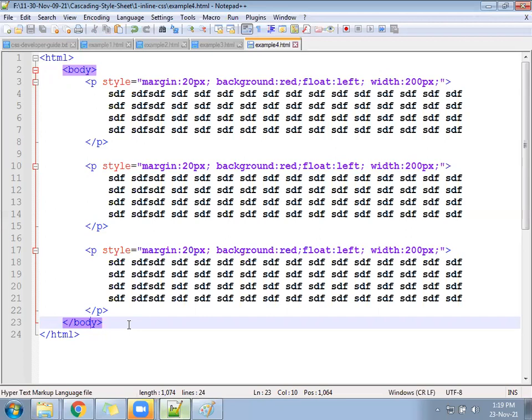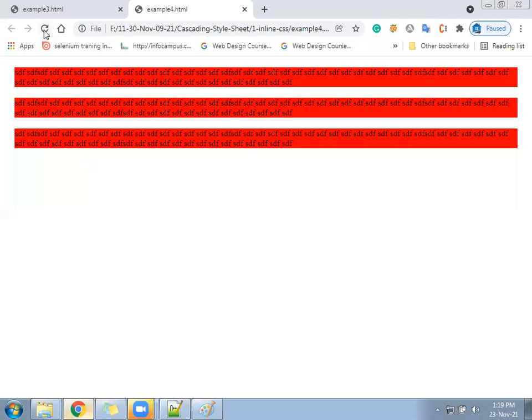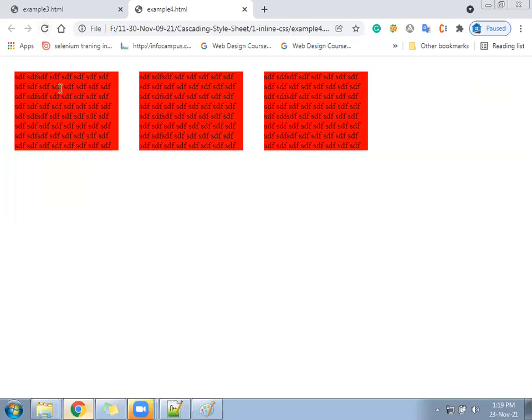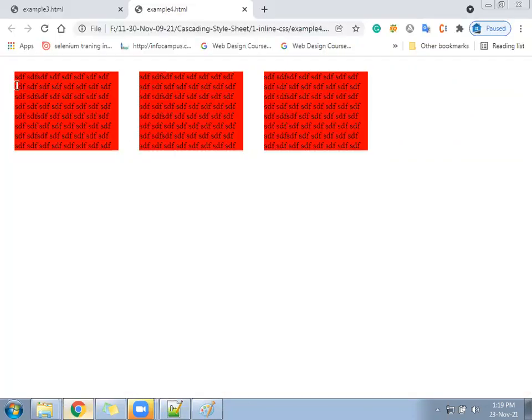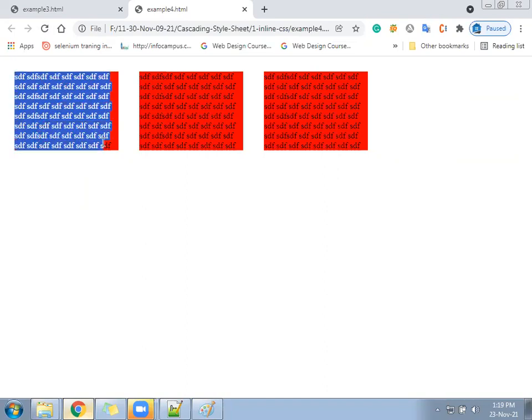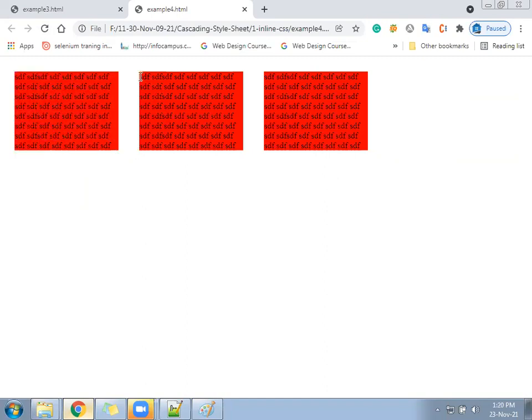Now, coming one after the other. See, it looks like this. Between 2 paragraphs, you can see a space. That is due to margin. But inside the paragraph, you can see the content is not leaving any gap from any side. Correct? Our definition says padding is used to apply the space inside of a content.